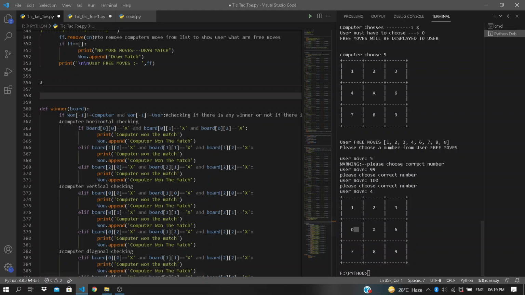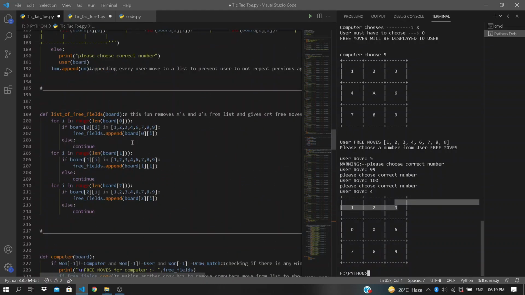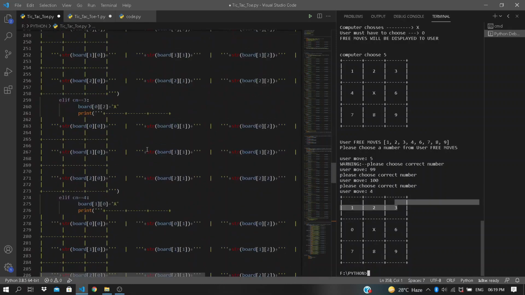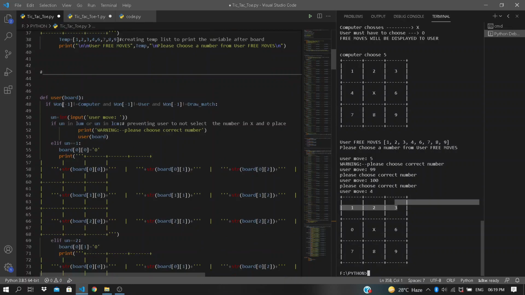We check horizontally 0,0, 0,1 and 0,2. If the computer places X in the first, second and third location, 'computer won the match' will be printed and appended to one list, and the user function will not be called again, because we are comparing here with one list.